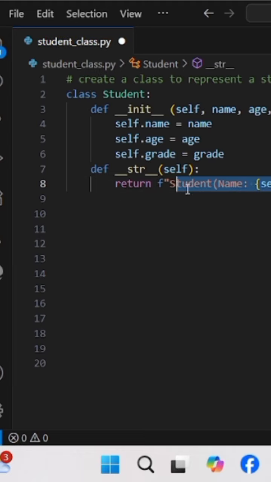So return the student name. So you can see here the name is self name. So here is our, let's put some of the comments to